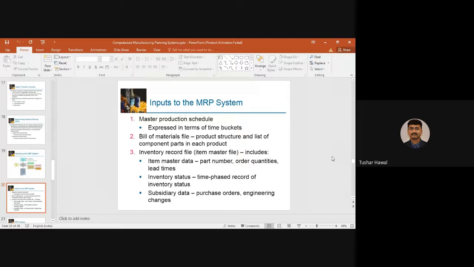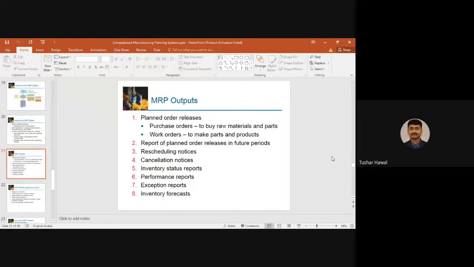Now what happens is, in the inventory also, sometimes there are some orders which have been made, so those things are not counted in the present inventory. If you are looking at the present inventory and then doing some planning, that plan should also include the purchase orders given by that inventory. What new raw material is going to come, that also you need to keep in mind. Again, you should not order double things for the same kind of requirement, right? So this comes under that subsidiary data and so many things. Yes. MRP outputs.